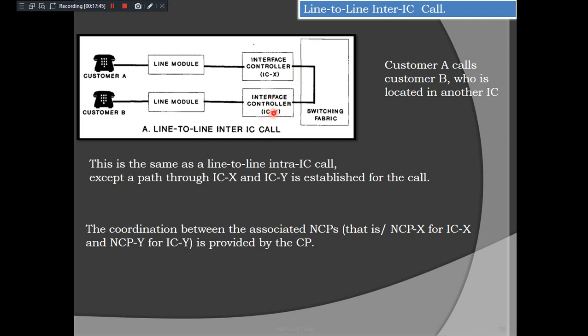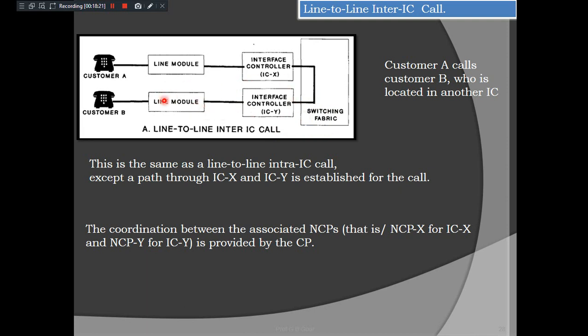Until now, what you have seen, we have received the digits, both source and destination, and verified them as valid. Now both the numbers are valid. And now we'll have to find the shortest path. If it is a new number, we'll have to search the shortest path. Otherwise, if it is an old number, the already established path will be there in the database kept in the NCP level 2. It will be taken into consideration. Now next we'll go for establishing the path between A and B.